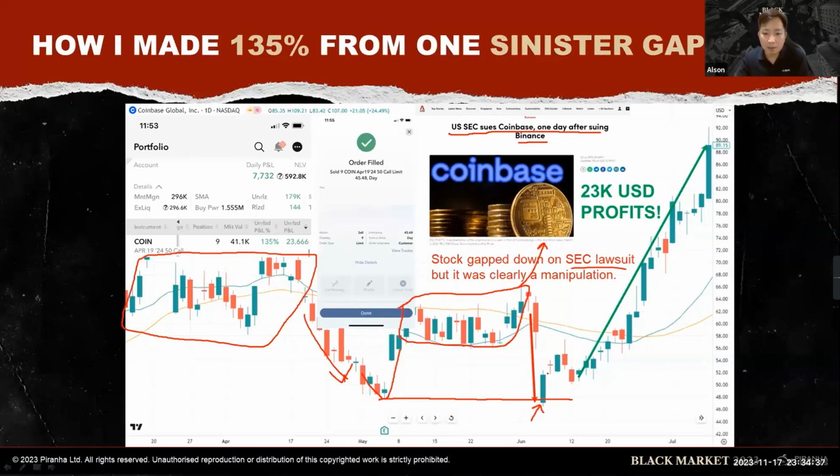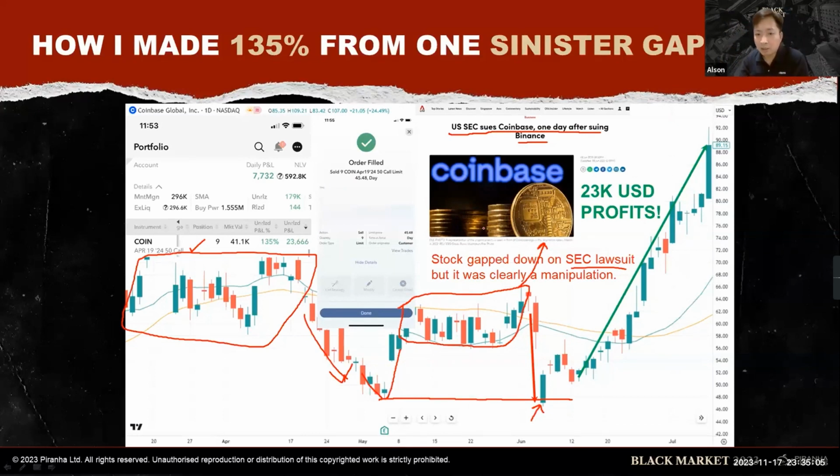And I remember this is the moment when I entered. I actually used LEAP calls to enter. If you buy actual stock, you will still get around 80%, 90% return. Okay, I used LEAP call options because during that time I had heavy positions in other stocks. So I just wanted to use LEAP calls. I rarely use them, so it doesn't matter whether you use the outright or the LEAP calls. The important thing is that the view, the direction, is correct.